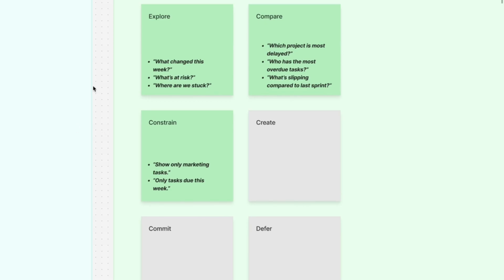So I think for these modes of work, we want to be opinionated, right? So again, we are going to try to skim it down to the essential here, so we don't end up in something very convoluted and very confusing. So for me, our V1 for the Notion ChatGPT app should focus on the explore, compare, and constrain modes of work. We can leave create, commit, and defer for a later stage if needed. So for explore,